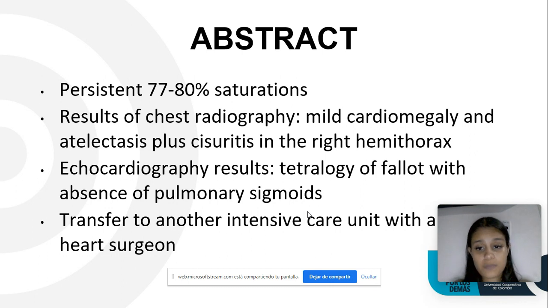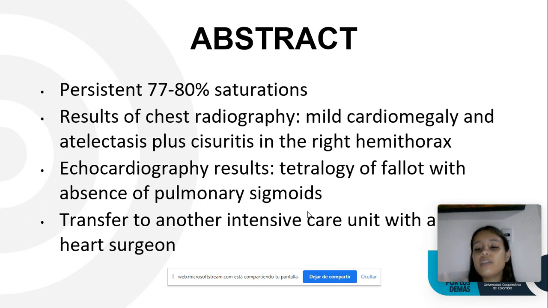in clinical status. Persistent oxygen saturation of 77 to 78%. Referred to another health institution for echocardiographic diagnosis of cyanotic heart disease and pulmonary hypertension. The chest radiography results: mild cardiomegaly, atelectasis and pleuritis in the right hemithorax, and the